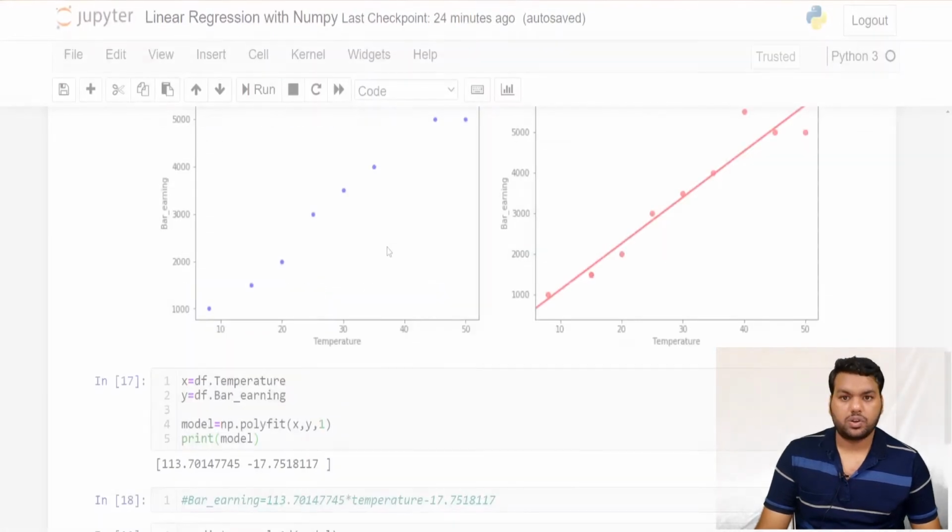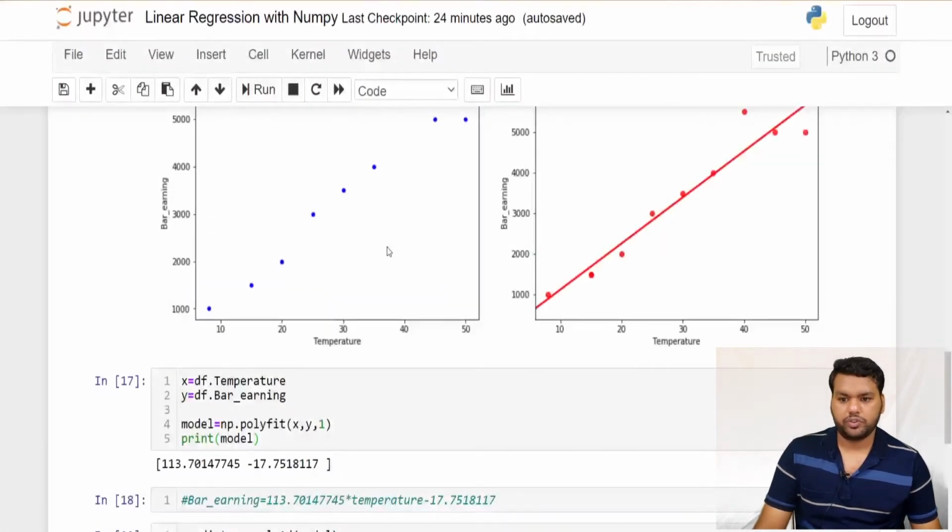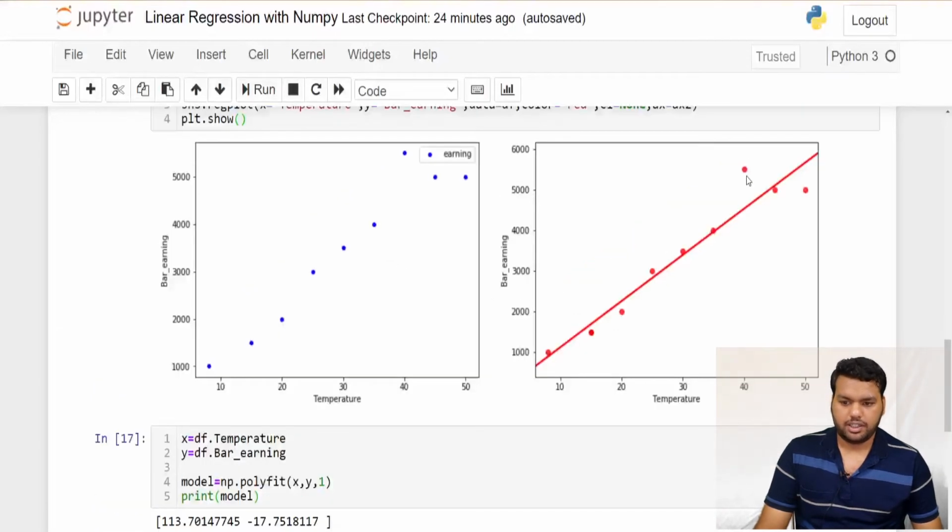So now before going forward, I just want to explain what this polyfit actually did. This is actually our y observation. This is our regression line that we get without fitting the model, with the help of sns regplot. The difference between the observed y and the fitted y, that difference we call the error.